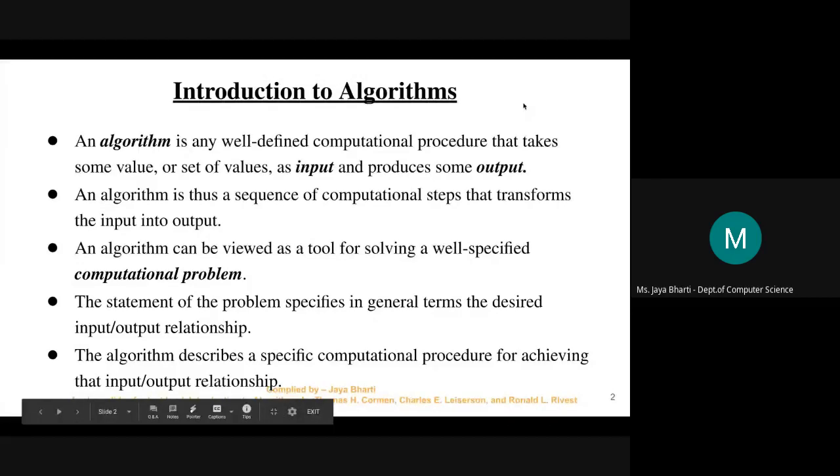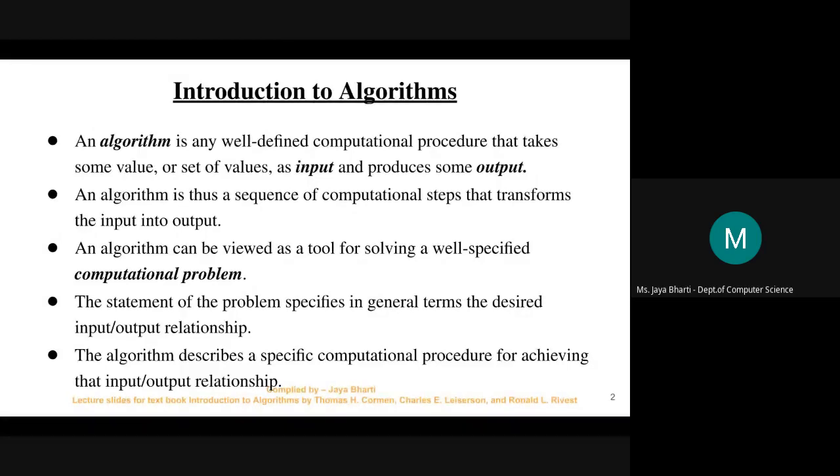So firstly, we will study a basic thing about algorithms. What is an algorithm? We all know that it is a well-defined computational procedure that takes some value or set of values as input and produces some output. In any way, an algorithm is a kind of procedure which processes the data. You give some input to the process, and then it will produce some results. Whatever happens in between input and output is because of the algorithm.